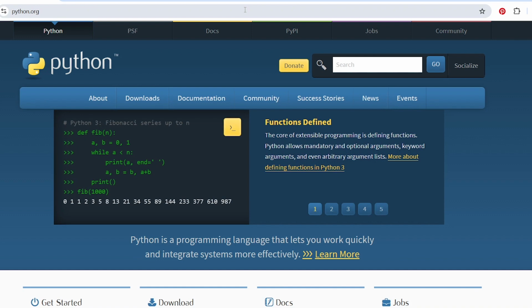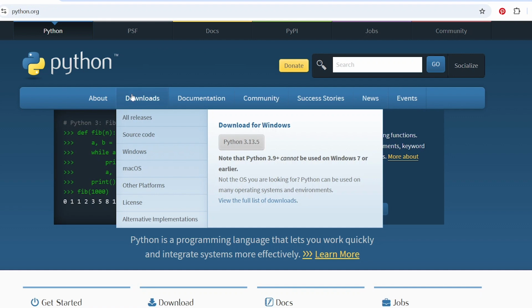So this is the official website of Python, and I'm going to hover over the downloads button. Here you can see download for Windows, and the reason why I'm seeing download for Windows is because I'm on a Windows device. So if you are on a Mac device, maybe you'll be seeing download for Mac. If you are on Linux, you'll be seeing download for Linux.